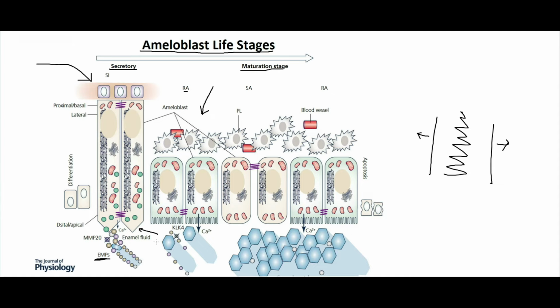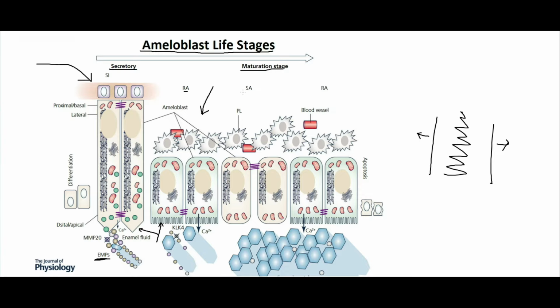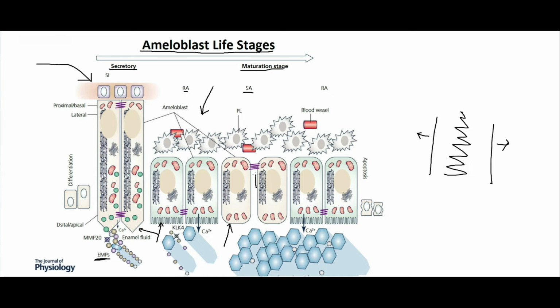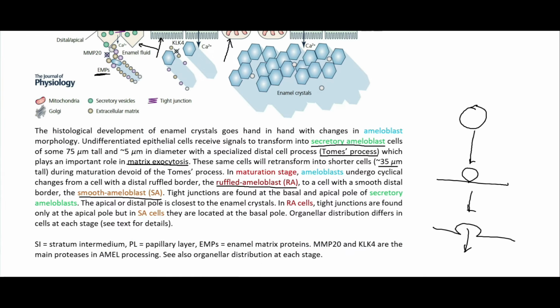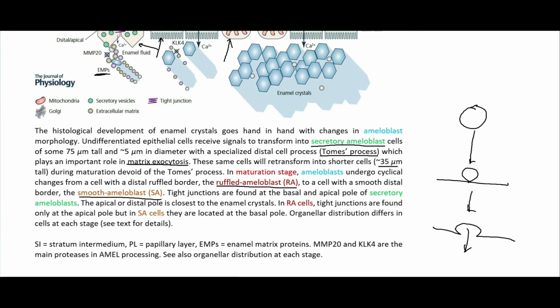The ruffles they're talking about are these right here, to a cell with a smooth distal border called the smooth ameloblast, or SA, which is this up here, where those ruffles smooth out. And then it talks about the tight junctions, so that's these purple things, and how those actually change position in these cells. And the organelle distribution differs. So we see that the organelles here are distributed differently in the cell than they are in the